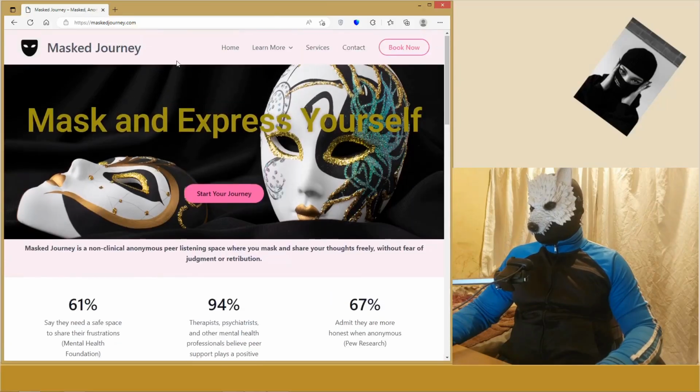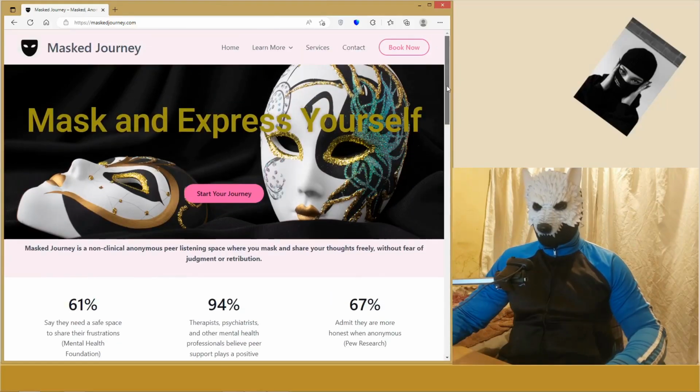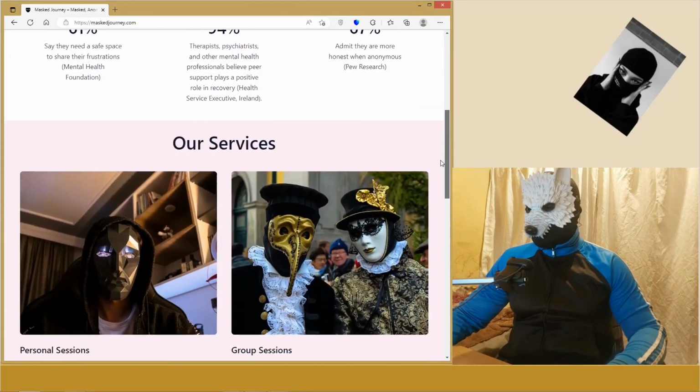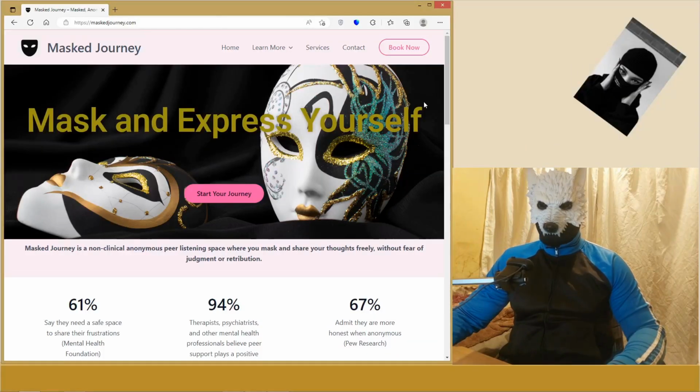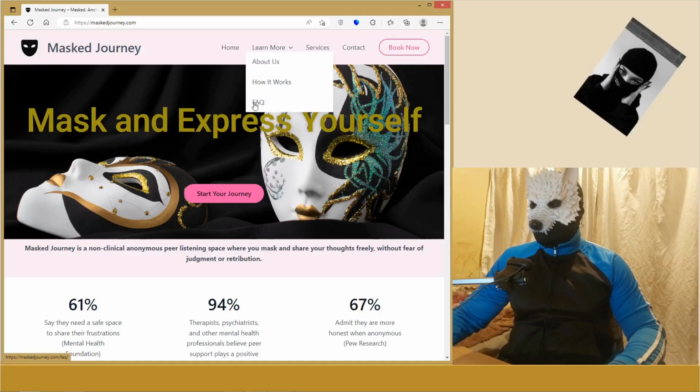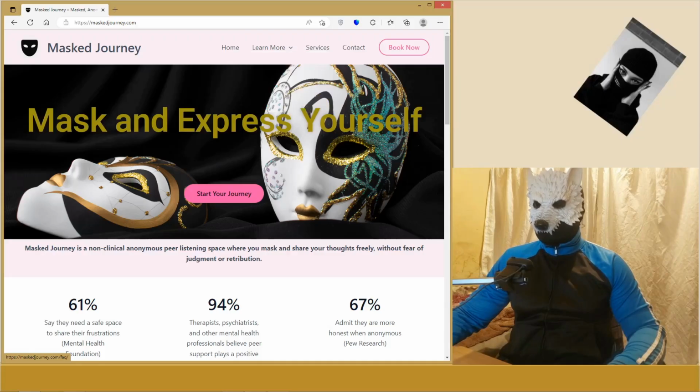And fantastic. This is the Mask Journey homepage, and it will give you a very brief understanding about what Mask Journey is all about. If you want more detailed information about Mask Journey, you can go to the About Us page and the FAQ page, which stands for Frequently Asked Questions. These two pages should give you all the information that you need, but if you still want to know more or there's something that you don't understand, feel free to contact us on our contact page. So you'll go to contact, so you'll click contact,